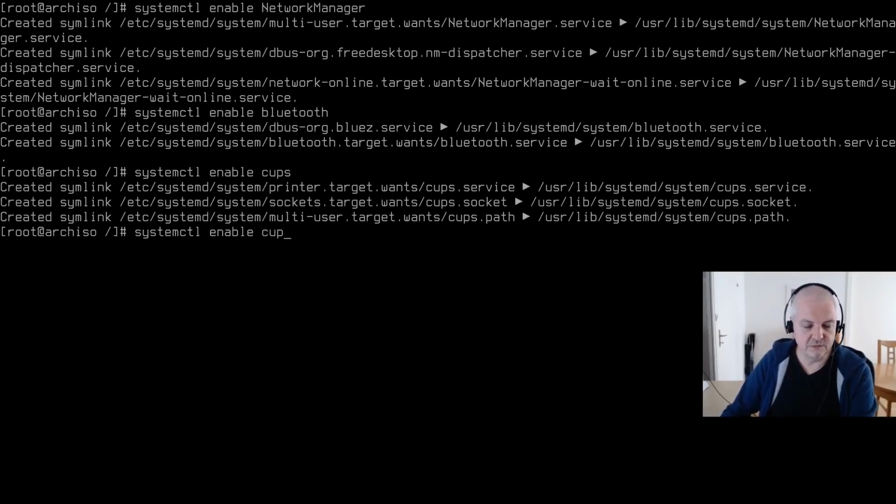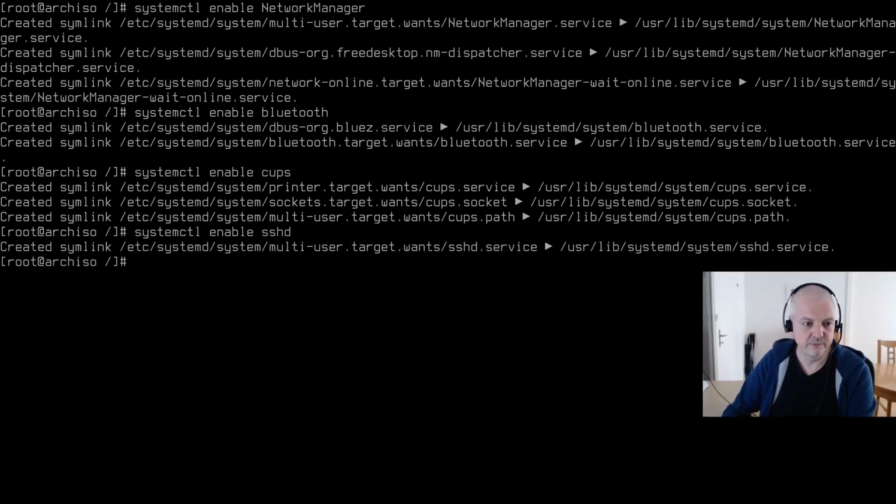I'm gonna do the same for SSH for the service, which is SSHD. And I also want to enable the reflector timer so that when we boot the machine, it's going to basically refresh my mirrors regularly with the timer. So to do this, I'm going to pull up the last command here, and I'm going to replace SSHD here with